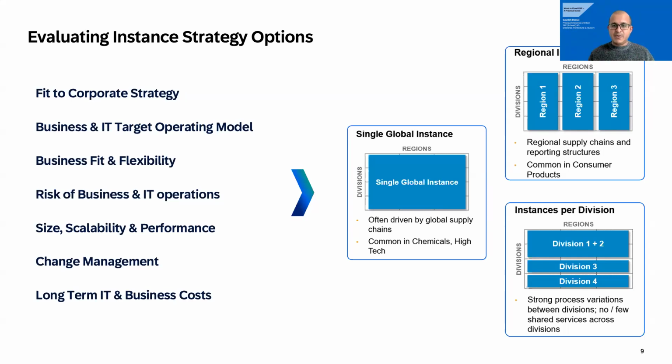So largely we see 3 patterns across the customers we work with, and that allows the customers to have different levels of flexibility. There are very large organizations which go for single instance, and there are very large organizations which go for regional as well as instance per division pattern as well. Right? But today we are going to focus on a specific topic, which we said initially as a 2-tier architecture or the hybrid architecture. And that is specifically important for the pattern, which is regional instances or instances per division.